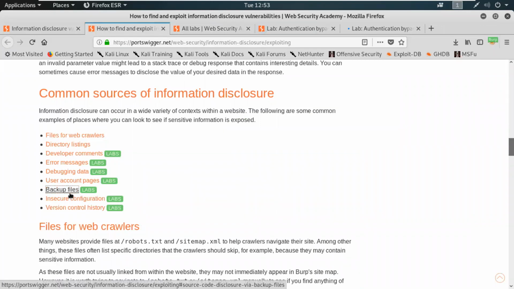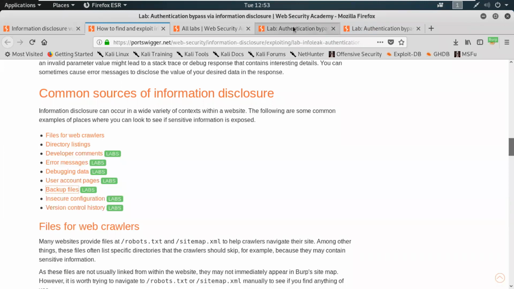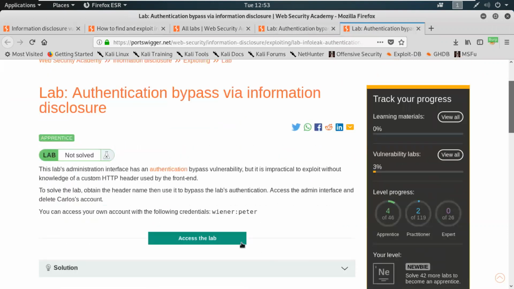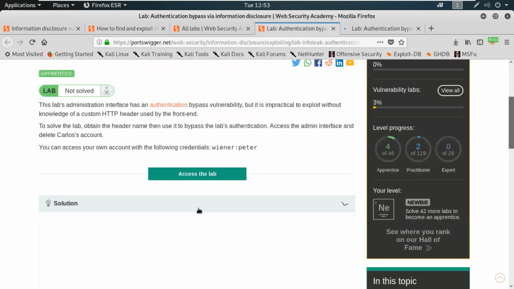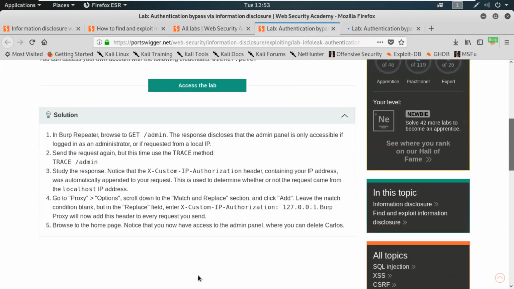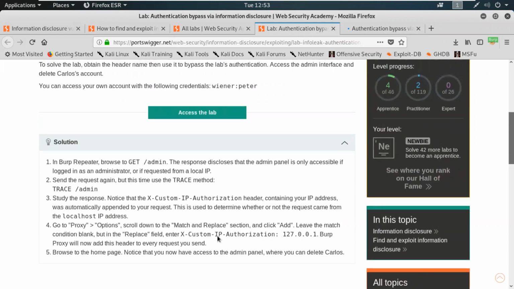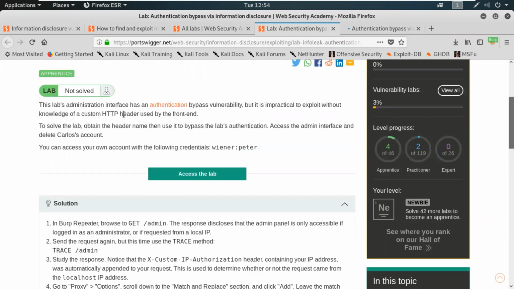In the insecure configuration category, you can see user account page, developer components, insecure configuration, version control. This is all interconnected. This lab's administrator interface has an authentication bypass vulnerability.